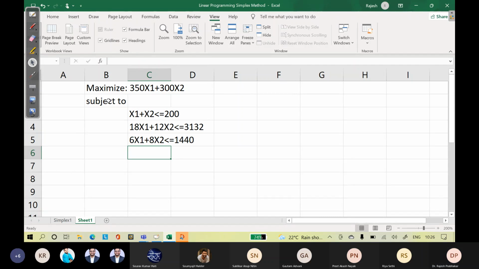And then the last one, x1 comma x2 greater than equal to 0. So this is the problem.